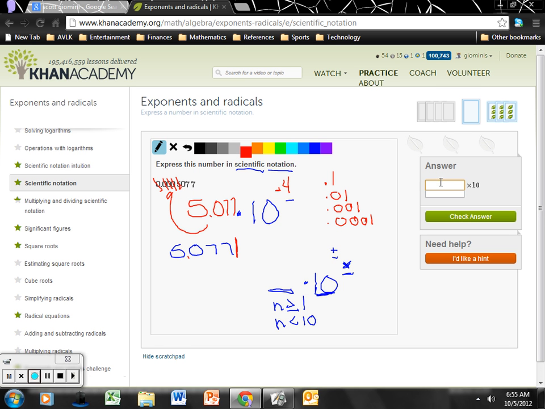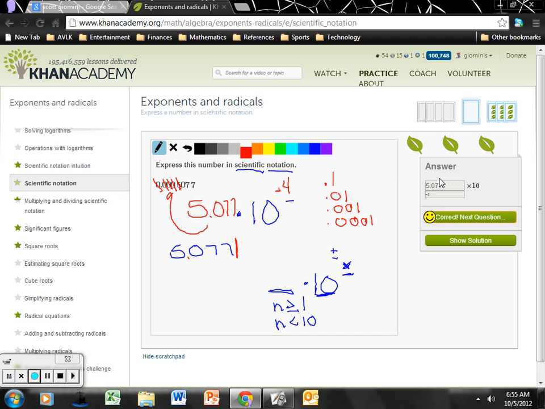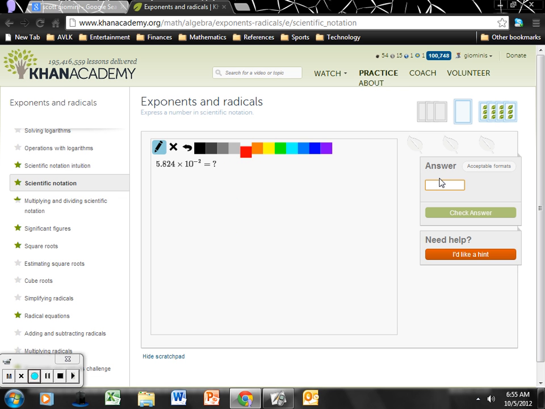So if I go to plug this answer in, it becomes 5 and 77 thousandths times 10 to the negative 4th power. Let's take a look, see if I have it right. Hey, all right, good. Okay, this one, a little different. I have it in scientific notation now. I want to convert it to standard notation. So we have 5 and